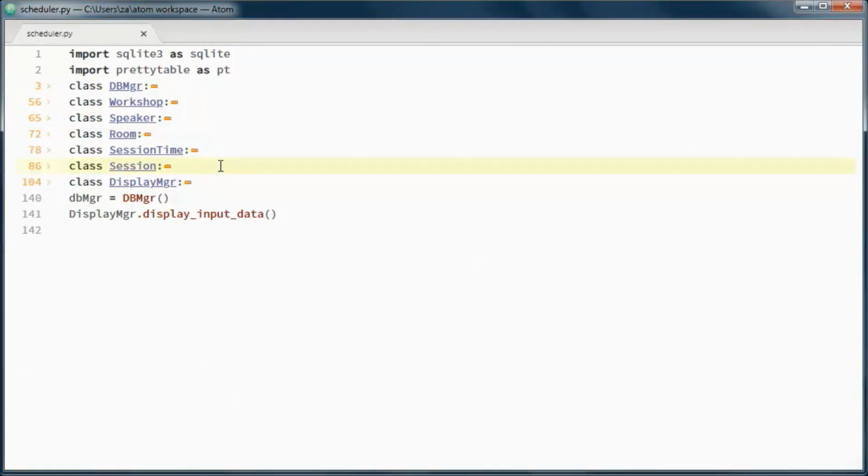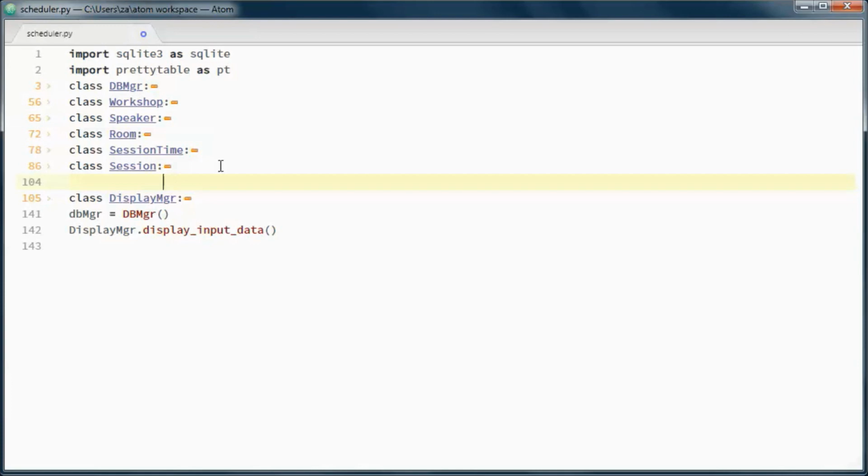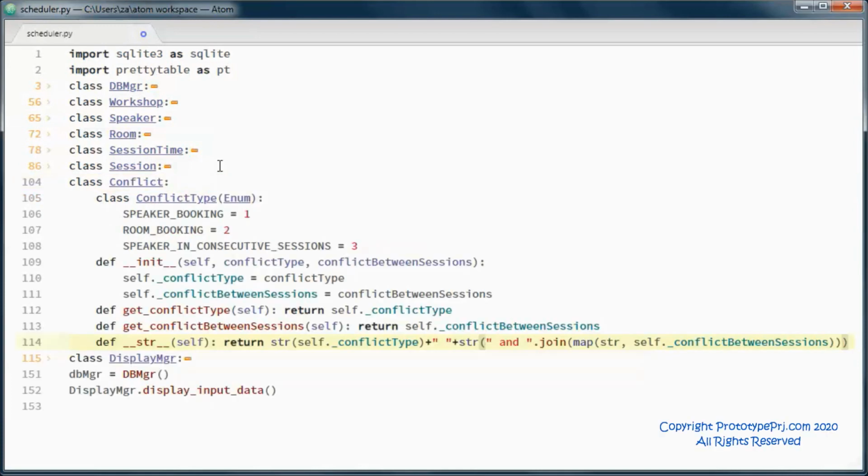And this class will represent a conflict between two sessions. So we have three types of conflicts: either a speaker booking conflict, or a room booking conflict, or a speaker in consecutive sessions conflict.